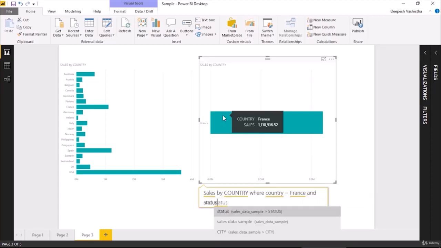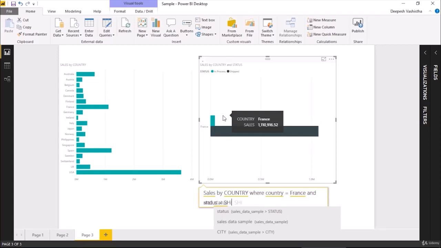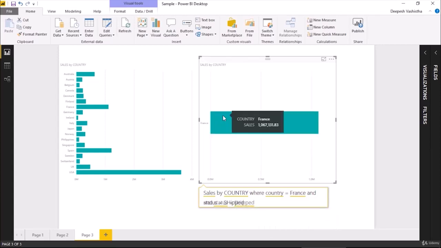7 or 8 status tabs up here, and you want to see changes from your page 1 shipped filter to page 8 filter. So you can simply do this. Now it is showing the sales where the status is shipped. So this is how drill through filter works. I hope that helps, and we'll continue the different ways to apply